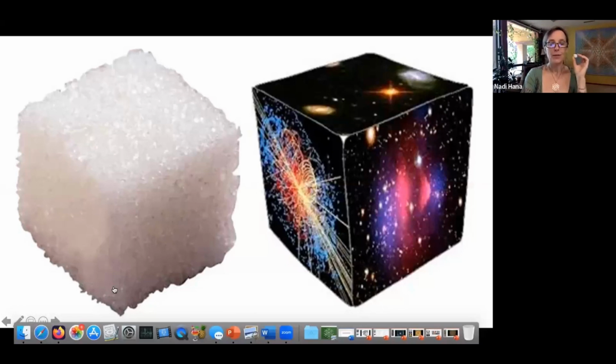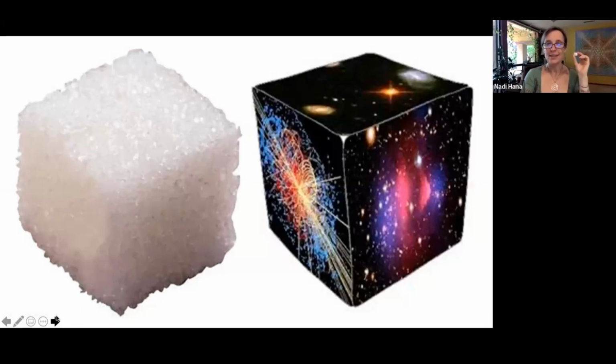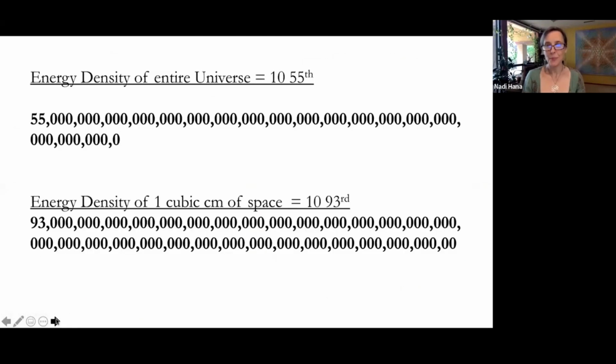Are you ready for it? We really can't. It's hard for the brain, these numbers, right? But the amount of energy in that amount of space, the energy density of the universe, if you were to compact it to the size of this sugar cube, cubic centimeter, it has 10 to the 55th, right? Like, we can't get it. There is no way for our brains to understand that amount of zeros and what that means exponentially, because we can't quantify our universe to that degree, right?